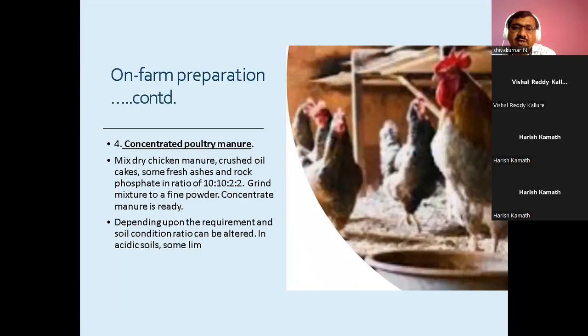So, poultry manure, concentrated poultry manure. If you are applying poultry manure, you can enrich it along with some ash, like burnt material if it is available, and also crushed oil cakes. You can take that along with rock phosphate in the ratio 10 to 10 to 2 to 1. If you are adding